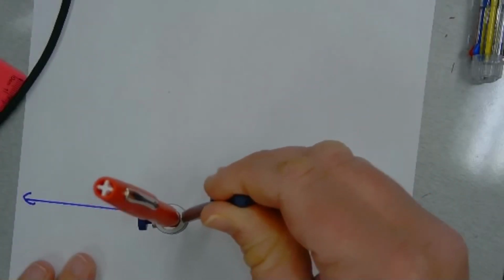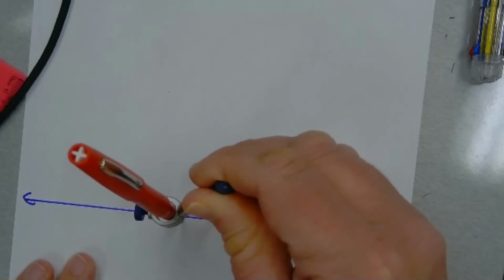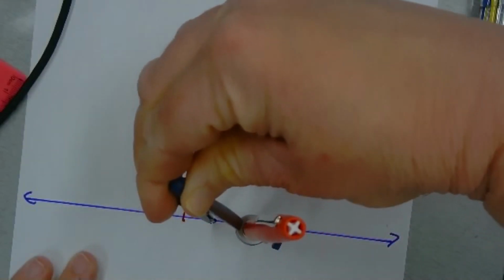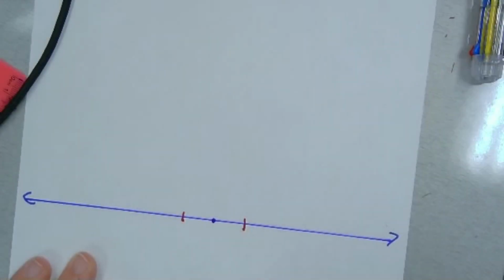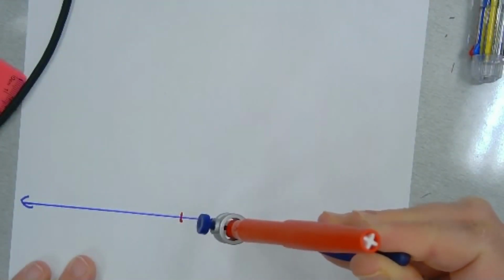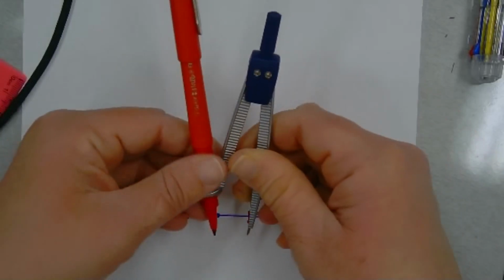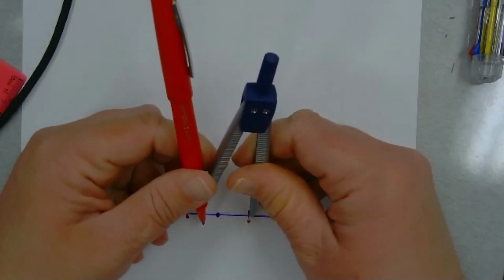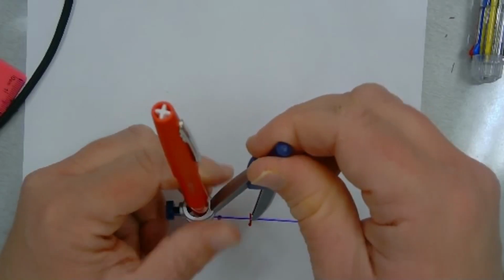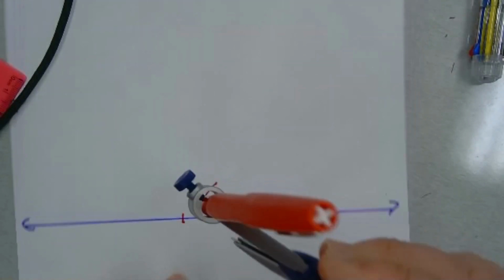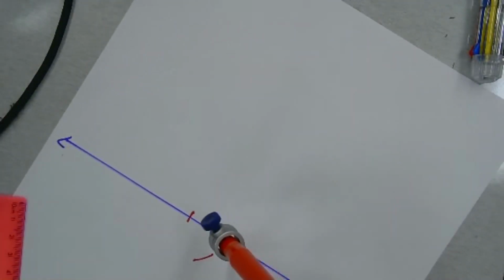have some little reference marks here. So first I am making reference marks here and here that I'm not going to use again for anything after I'm done making my bisector, but I'm going to do that. Those are both the same distance from the center. Open this a little wider and then swing from these two marks that are the same distance from the center, my little centering marks here